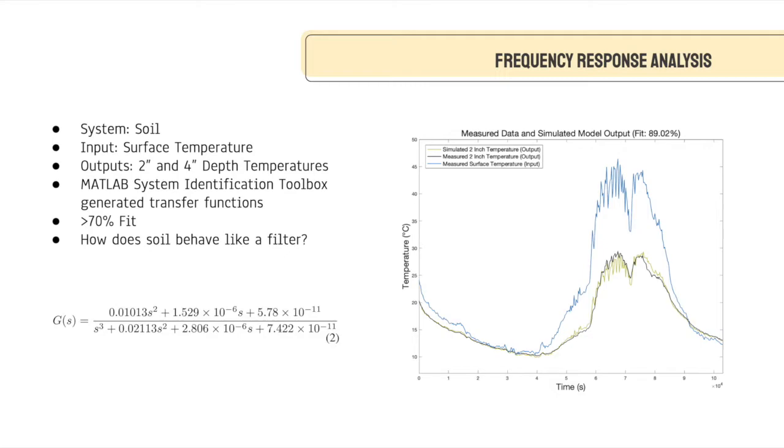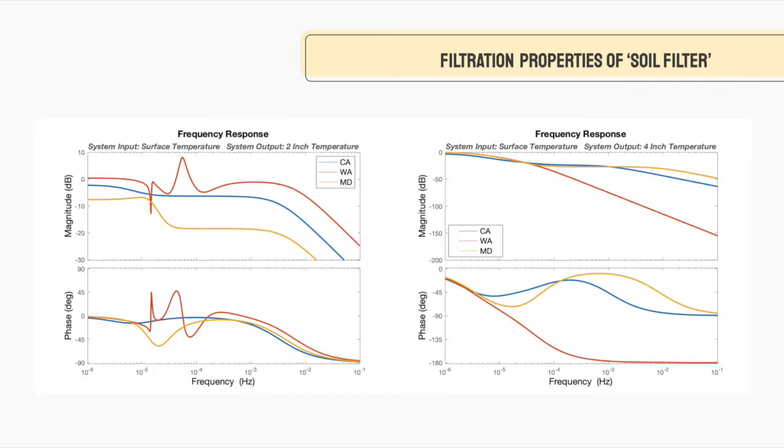The one shown in this slide comes from the second half of the California dataset, with the green signal being what the transfer function estimates based on the blue input signal, which is the surface temperature. Combining all the transfer functions onto a couple Bode plots, we see some really interesting frequency response behavior. For reference, 10 to the negative 5th hertz is around the frequency of a day-night cycle, and frequencies between 10 to the negative 4th and 10 to the negative 3rd hertz encompass the majority of higher frequency events that are